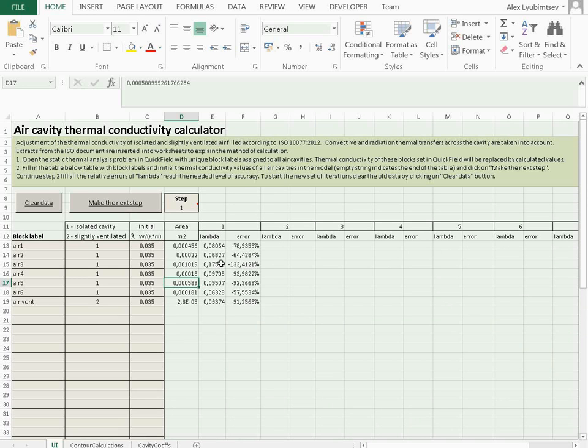And this is the step 1 results, and this is the difference in percent between the initial and the calculated thermal conductivity. Now let's make the next step,